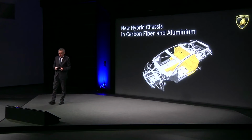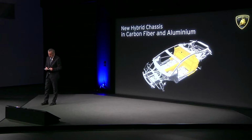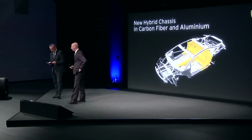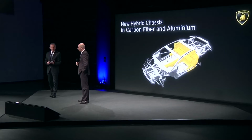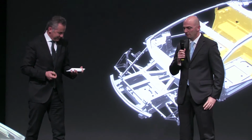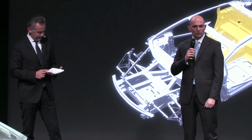But since it's all about driving performance, I have asked our top driver, Giorgio Sanna, to help me in this virtual tour. Giorgio Sanna is our chief test driver and is surely the man on earth who has driven more kilometers with the new Huracan. Ciao, Giorgio. Ciao, Maurizio. Are you ready to support me in this voyage to discover the new super sport car? Yes, absolutely. As you know, I had the chance to develop the new Huracan and test it in all conditions,